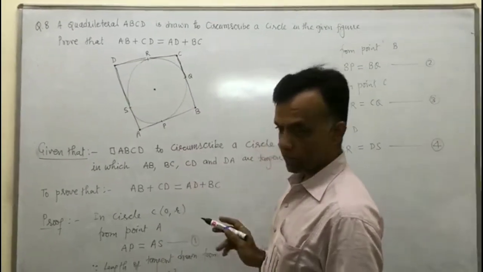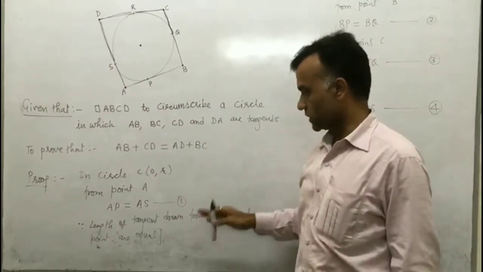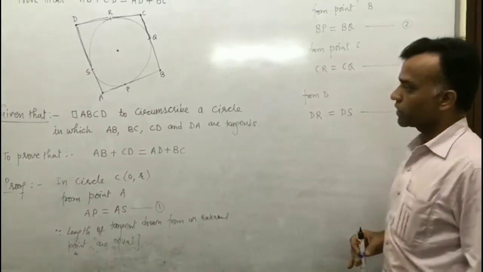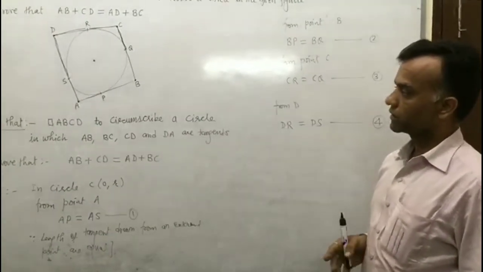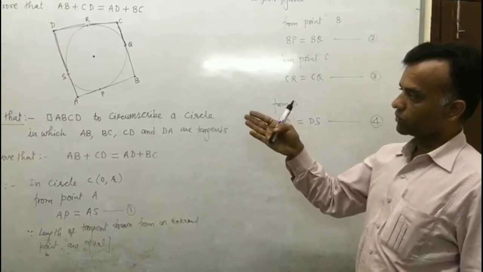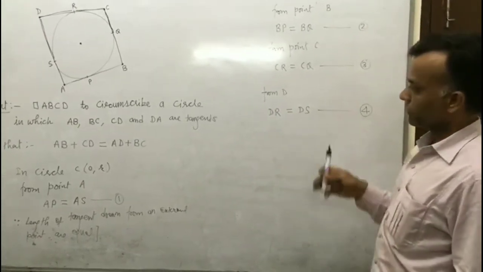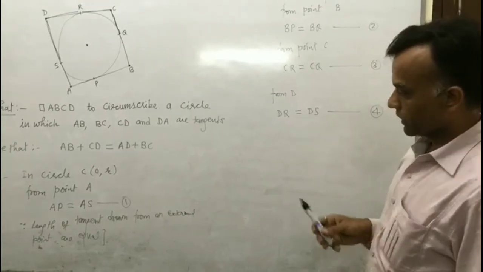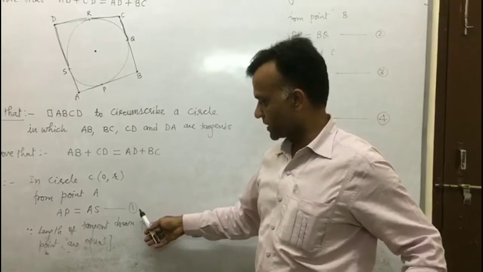Okay, these are all the external points and their lengths are equal. Here we write down the reasons why they are equal, because in the previous classes we have also proved that two tangents drawn from an external point to a circle are equal. So now we have these four equations, and here we add these two equations, then these two measurements are equal.